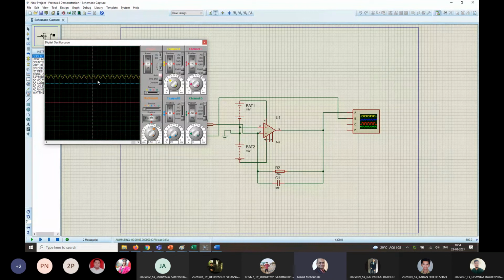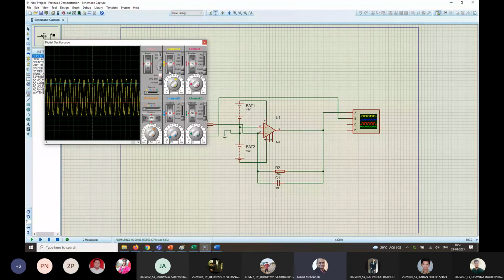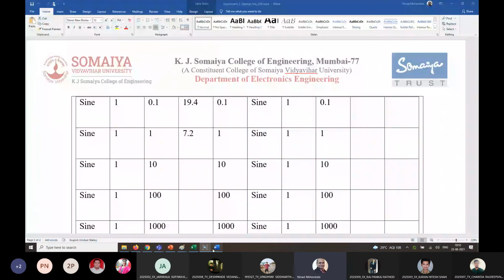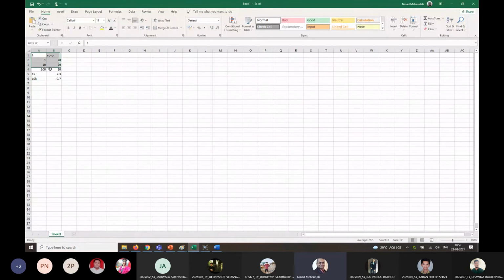I don't see it, it's not even 1 division, so I have to go down. So let's put it to 0.1. Now let us measure. So 1 division, 2, 3, 4, 5, 6, 7. Almost 7 divisions into 0.1 makes it 0.7 volts. So yeah, that is the next reading, 0.7.